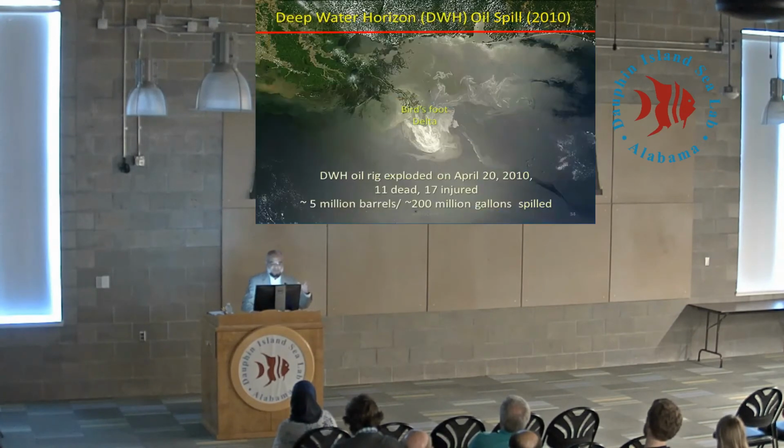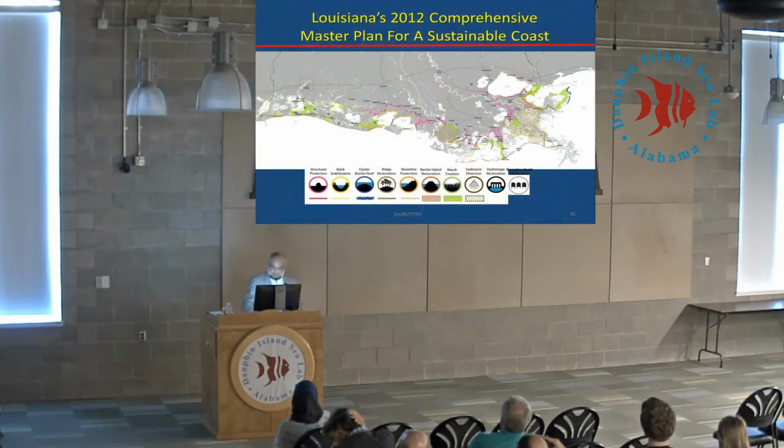And then came the oil spill, which really, as I said early on, in 2010, 11 people died and 17 were injured. The oil spill released millions of barrels into the Gulf of Mexico, and we were really affected because the whole system is so fragile. That's the main thing: when you're weak, the enemy attacks you more. So this is what happened, and that was followed by